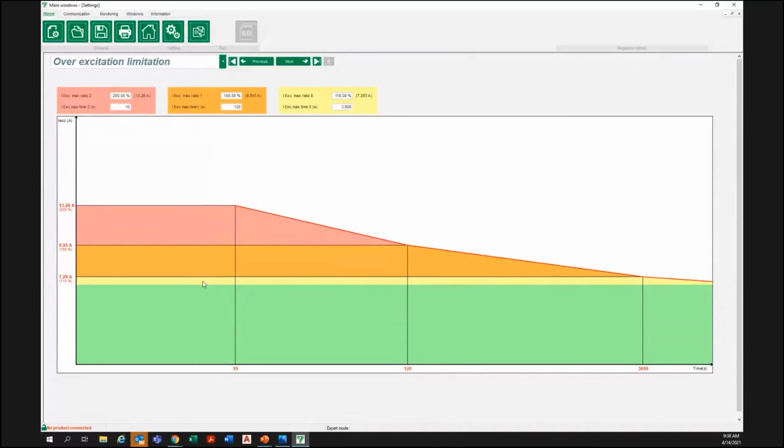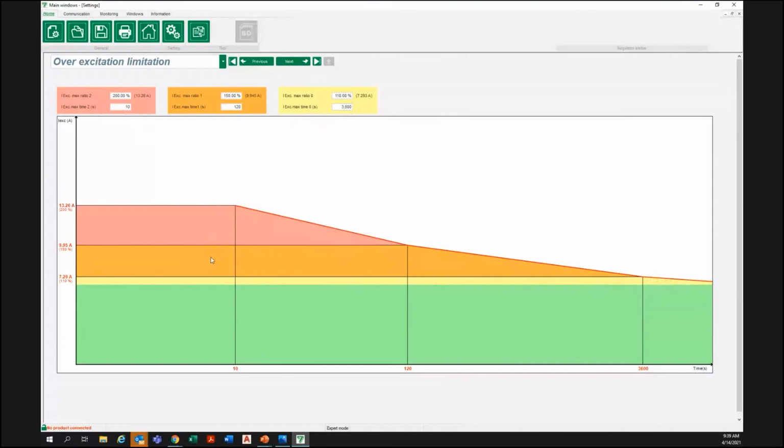Now this yellow field will be the next portion, and that will extend from 100% to 110%. So whenever you're in this region, it will extend for, we have chosen 3,600 seconds. And these are essentially arbitrary values, by the way. You're going to have to decide on your own what kind of protection you want, because it's really a case-by-case scenario as far as how much you want to limit your exciter. Anyway, so this yellow region extends on for 3,600 seconds or 1 hour. And then after it reaches that period of time, it will ramp back down to rated current.